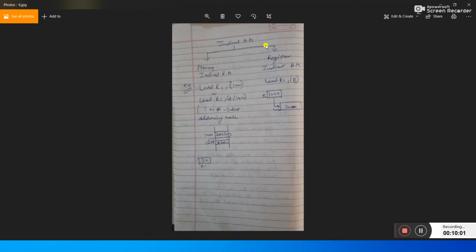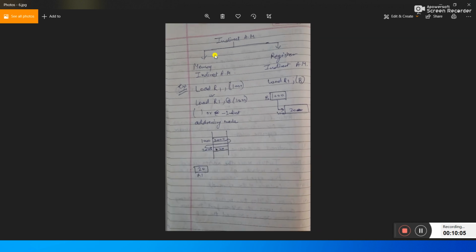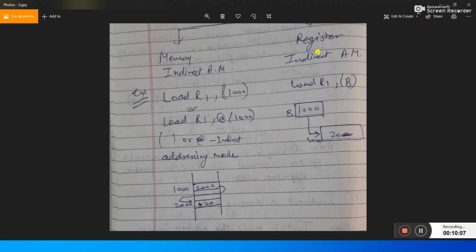So next is indirect addressing mode. Indirect addressing mode is divided into two parts: memory indirect addressing mode and register indirect addressing mode. In memory indirect addressing mode, the example is load R1 from 1000. It will go to the 1000 location, find the value there, and then go again to the 2000 location.